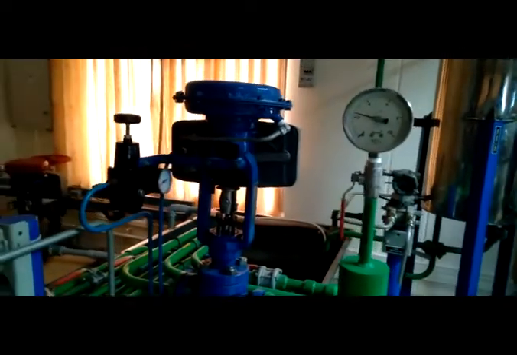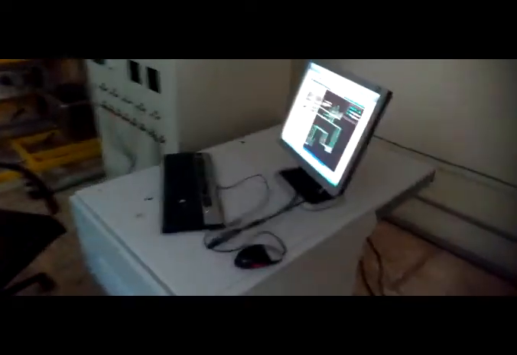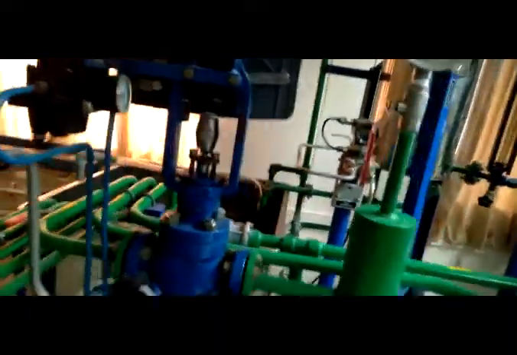When we change the set point, we can see that the changes are coming. Now we can change the set point in this particular system. Now we are changing the set point in the process system, and based on that set point, the control action will be taken through this control valve.